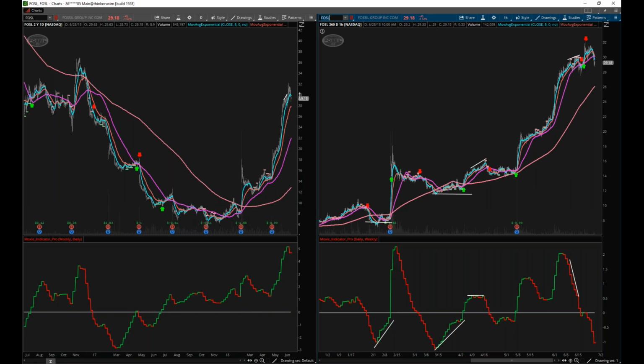I'm a huge proponent and I have big conviction about moving averages. Just like I showed earlier, I think they're very important. I think price tends to respect them, but as you can see, price sometimes will not respect them. And that's where I've had the hardest time trying to figure out, okay, if price moves up these moving averages and follows them or doesn't follow them, how do I know when that's not going to work?